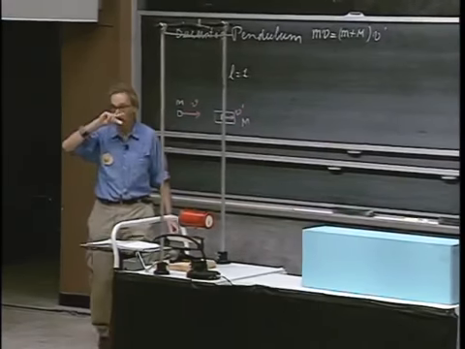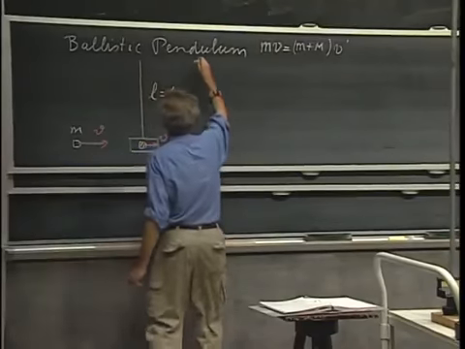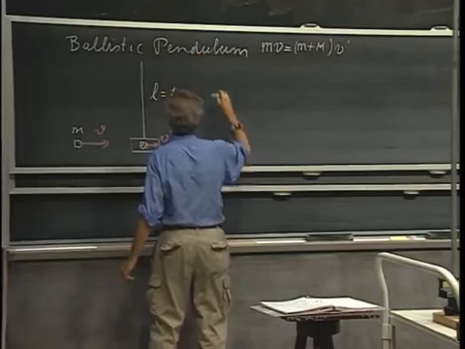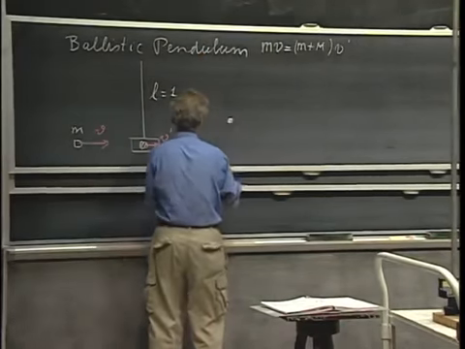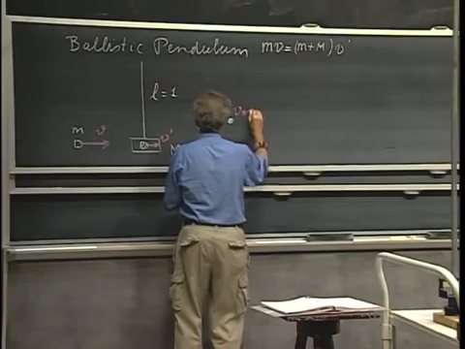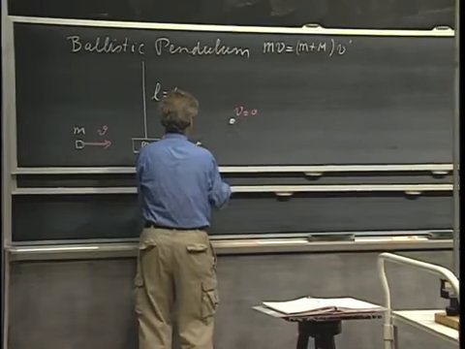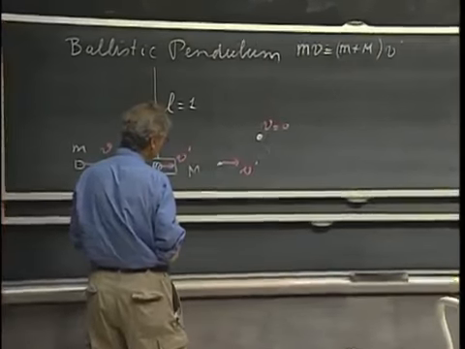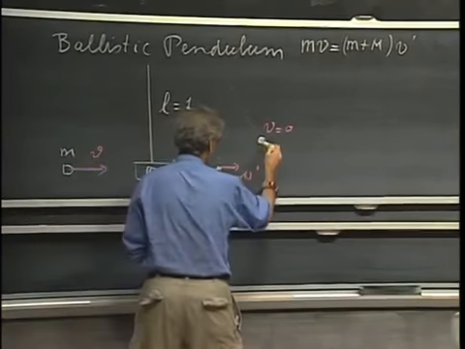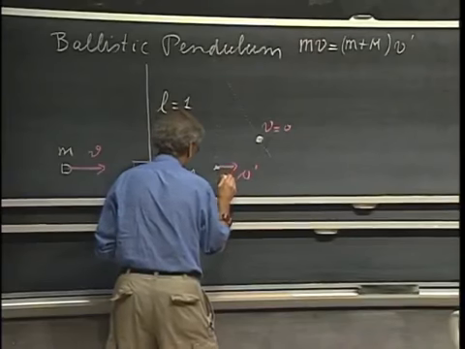How do we measure v prime? Well, we wait for the pendulum to come to a halt, let's say here, when the speed is 0. When it was here, it had a speed v prime. And we know that there was kinetic energy here,